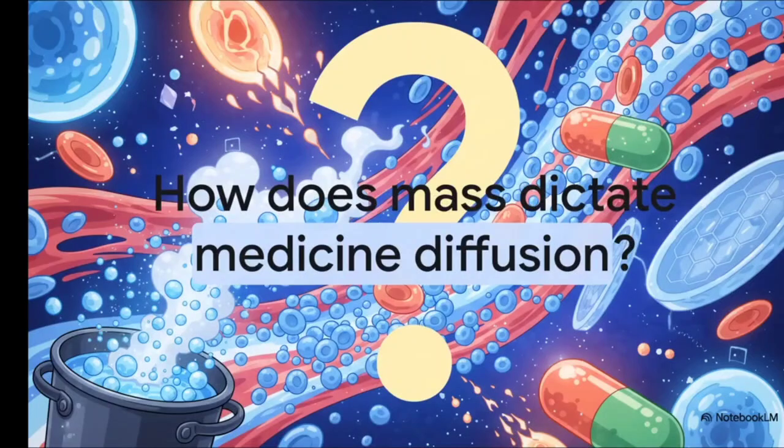So, what does this all mean for us? Well, this isn't just theory confined to a chemistry textbook. If the mass of a particle dictates exactly how fast it diffuses through a space, imagine how absolutely crucial this kinetic theory is to the medical field. The textbook actually asks us to consider the diffusion of medicines in the body. When a life-saving drug is administered, its molecular mass and the internal energy of your body literally dictate how fast that medicine can spread through your bloodstream to the very cells that need it. These fundamental rules, internal energy, phase changes, breaking bonds, and diffusion, they govern